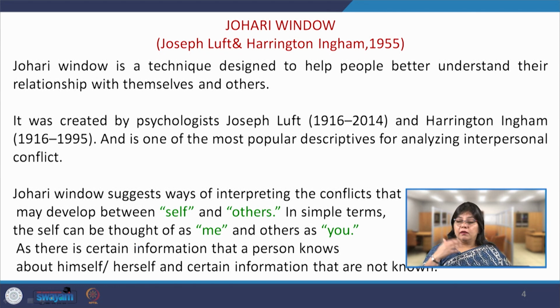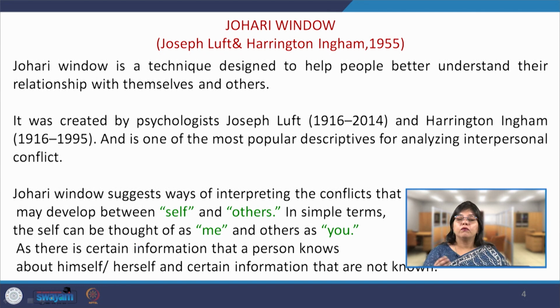Now, before going into detail, I will just brief what this tool is all about. It is basically considered an information processing tool, which is completely based on sharing maximum information with the other person, and at the same time soliciting feedback from the other person and identifying the loopholes in one's own behavior and others', and based on that the relationship can be enhanced. So, it is an information processing tool based on a disclosure-feedback mechanism. Disclosure means sharing maximum information with the group members, and feedback means taking maximum feedback from the other members of the group, so that the loopholes can be highlighted and an individual can